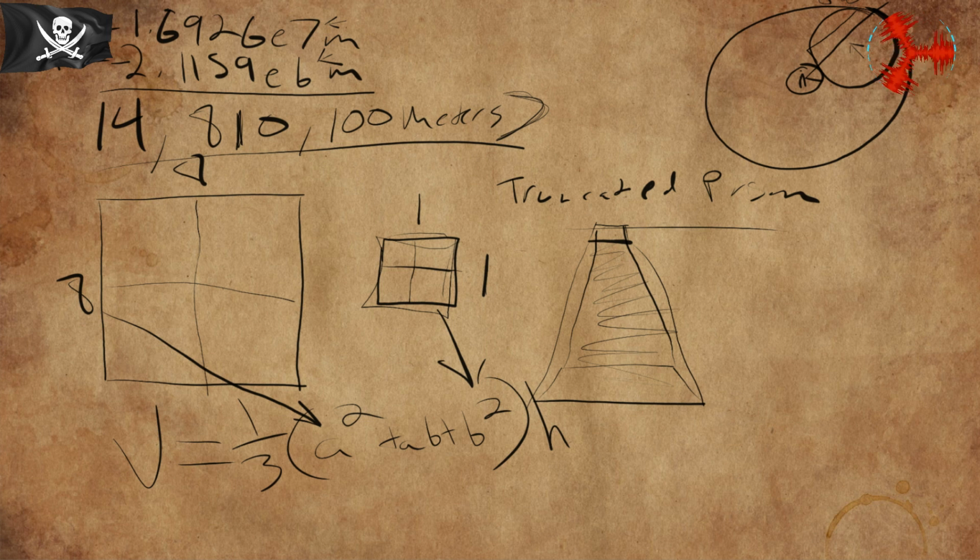Anyway, so I'm going to hop on over to my calculator here, and we're going to take, so we take what? 1 divided by... it's hard to type in this glove. I'm going to take it off. 1 divided by 3. Come on, there we go. I think I had too much coffee. Times a squared, 8 squared, plus 8 times 1, which is 8, plus 1 squared, which is 1, times h. This is going to be the big 14,